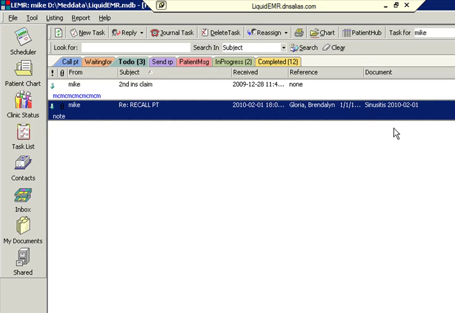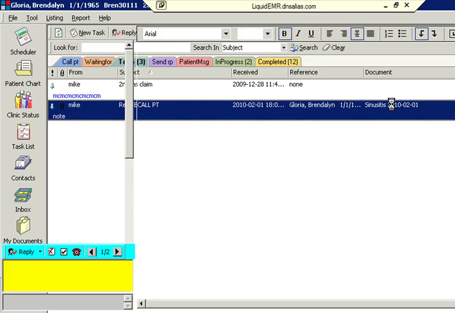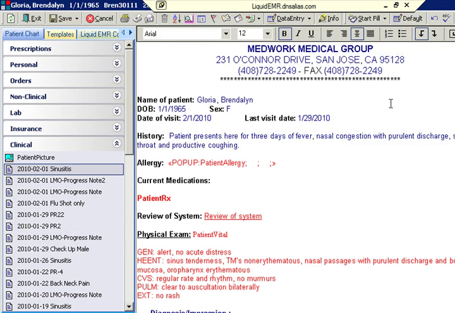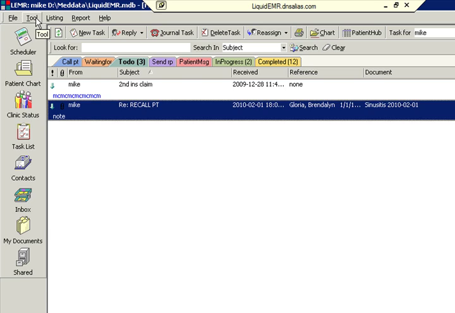Now, if this particular task is associated with a specific document or a patient note, there will be a hyperlink in the document column, and there is here. And if we click on that, then it's going to open up the document in question. So we can review the document. When we're done doing that, we click on Exit, and we're back again. Now if we double click on the subject column for this particular task,